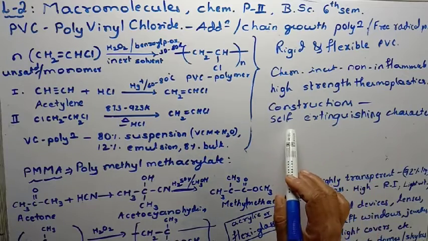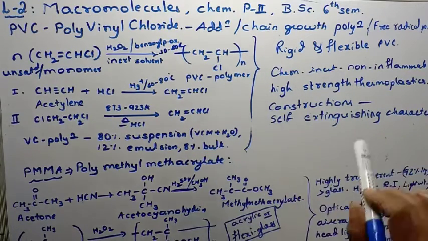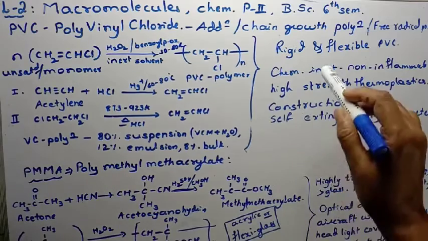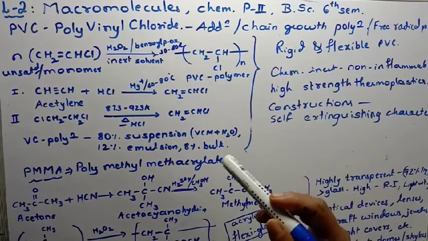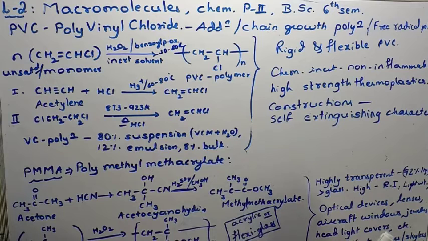So that is it to be a self-extinguishing character, and they are high strength thermoplastics. Based on that, they are waterproof in nature. So based on these characters, they are widely used in day-to-day life. For example, in construction, they are used in the form of pipes, doors, window doors,